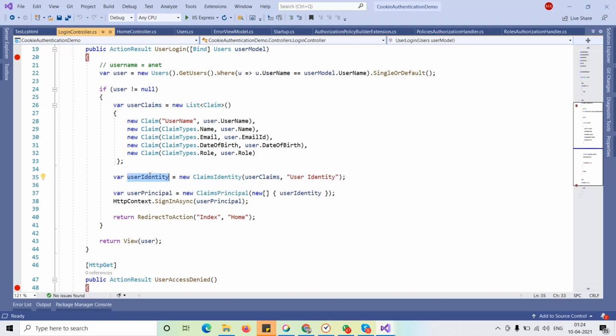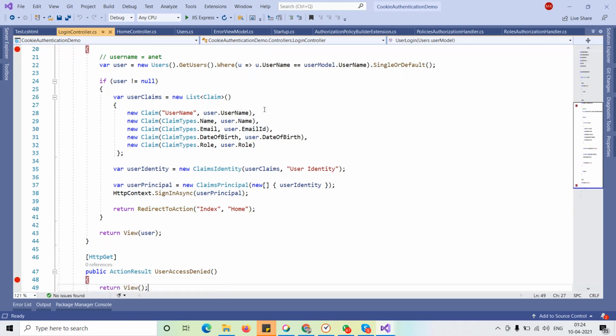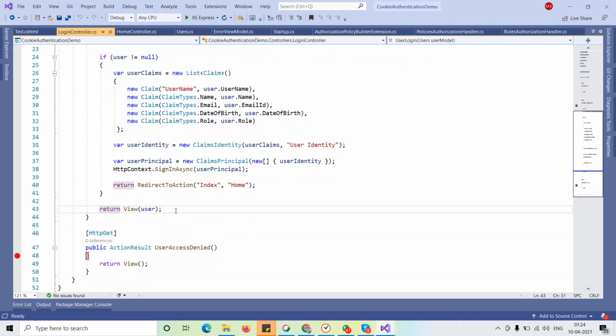Here I have created the claims, and the claims identity and principal, and then I am signing in that particular user with the principal and redirecting to the application if logged in. If not logged in, then I will send that user to the login page. If he has the access, then he will go to the particular page, otherwise he will go to the access denied page. So this is one controller.